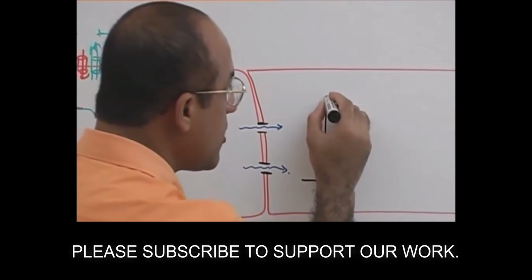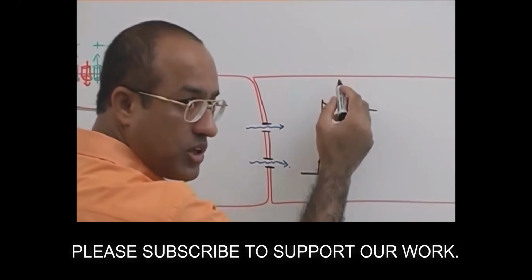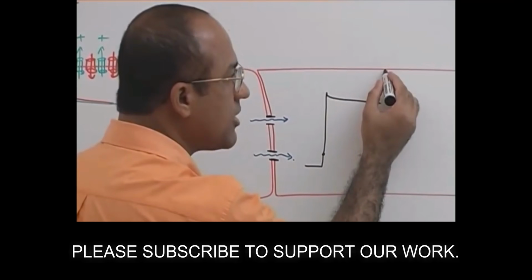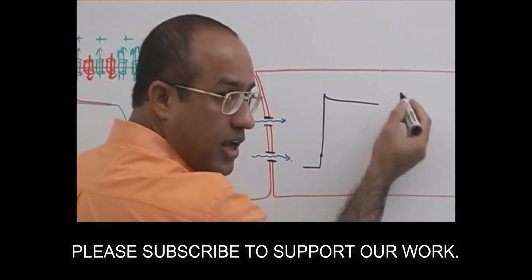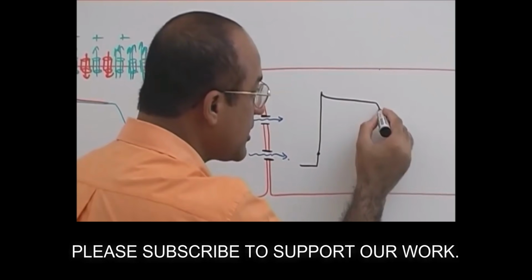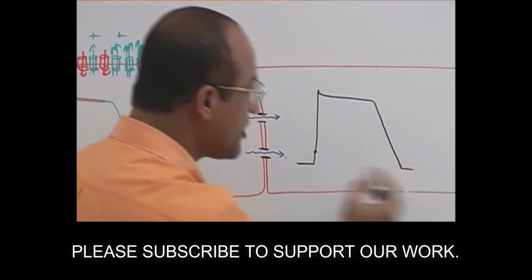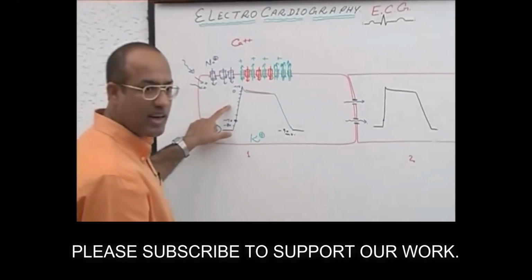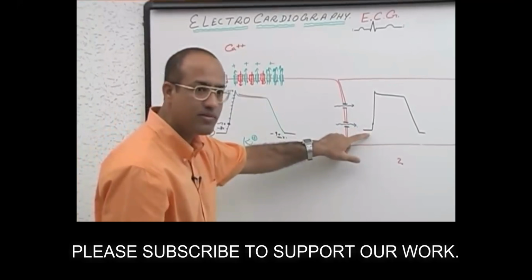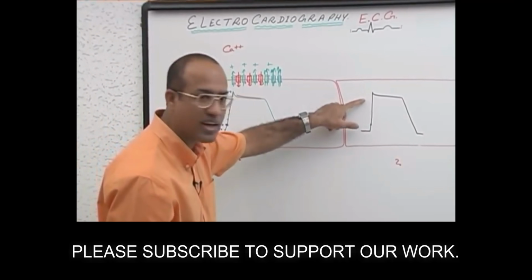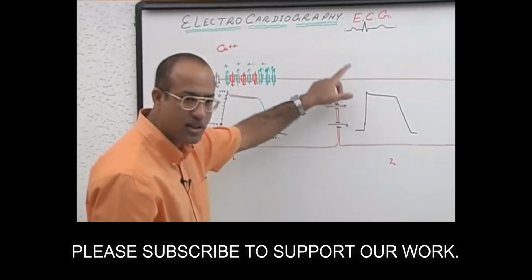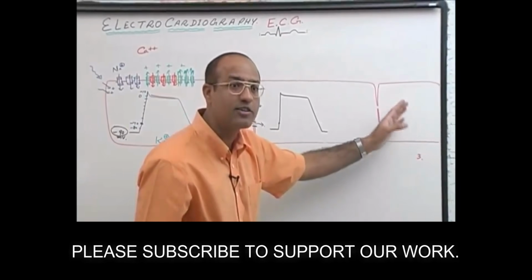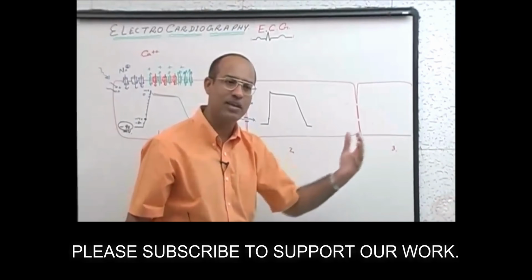Then the same thing will happen for a short time. Voltage gated calcium and potassium channels will be open simultaneously. Eventually calcium channels stop, but potassium channels keep on working, and losses of potassium eventually take the membrane potential back to its resting situation. So it means depolarization of one cell led to the depolarization of the second cell. And when the second cell gains a lot of cations, it trickles the cations into the third cell, and then the third cell undergoes the process of depolarization and repolarization.